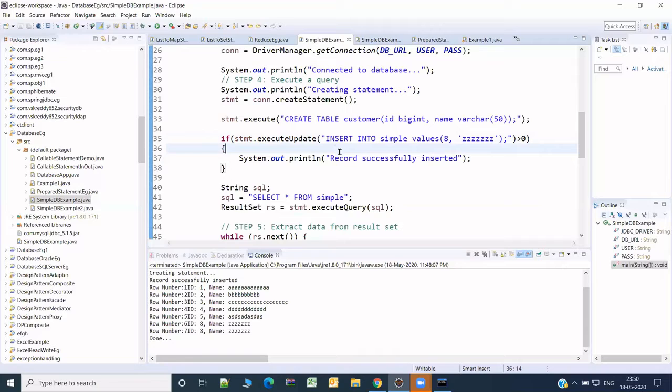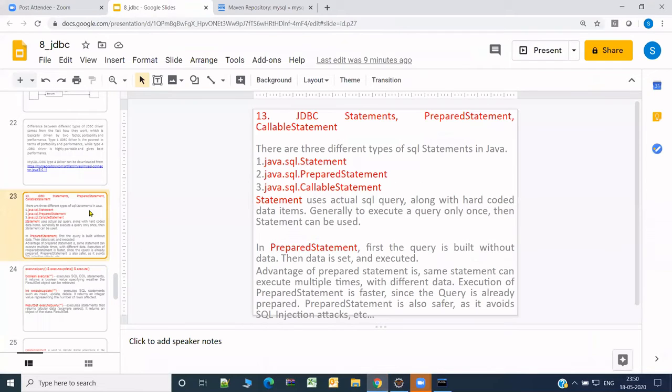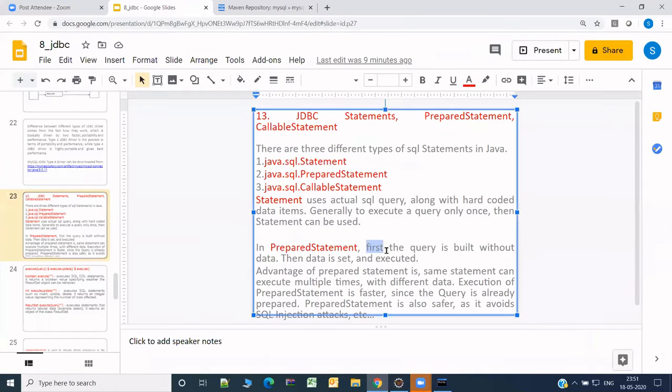Let's go to the prepared statement. But before heading to the prepared statement, I hope you have referred to the presentation for this. See, first the query is built without the data, then data is set and executed.